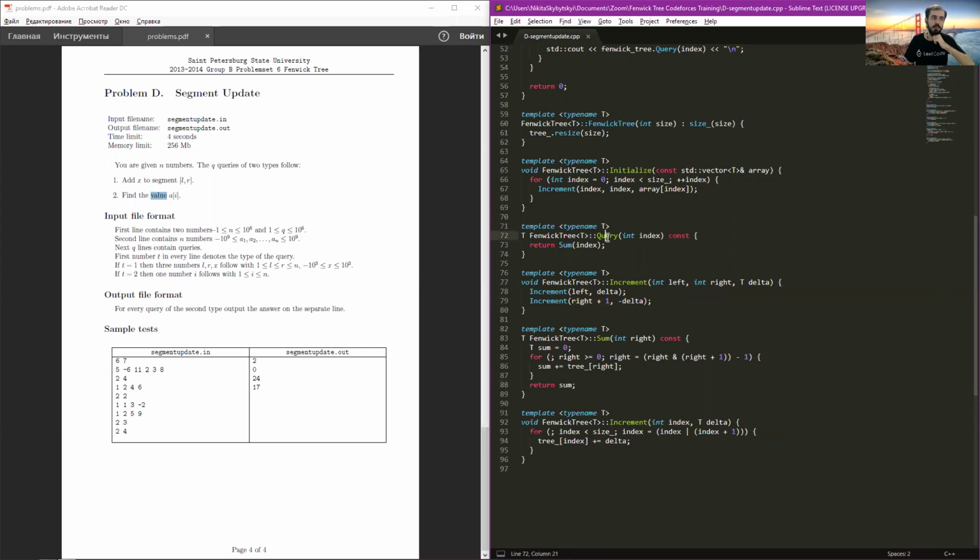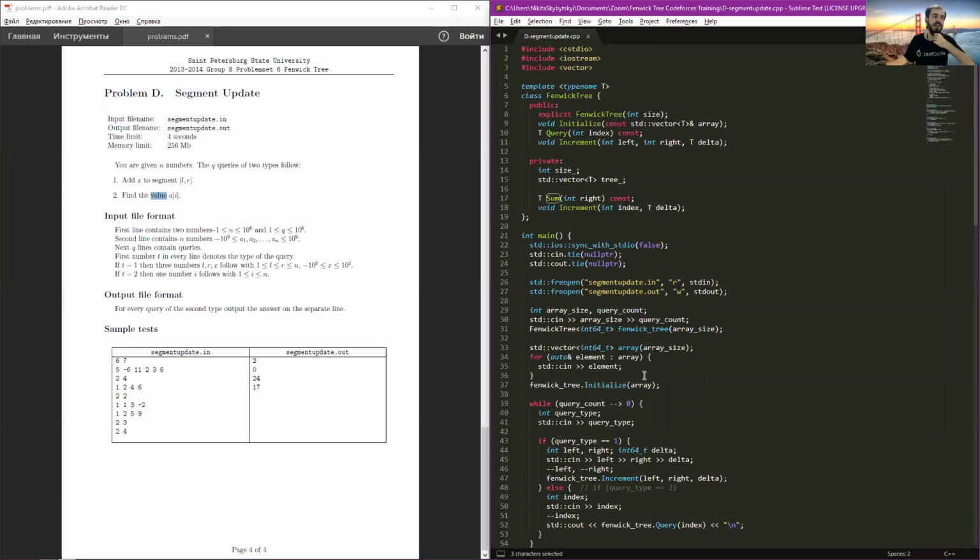Just like that. Query at index simply returns prefix sum. I don't know why, I thought that it was a good idea at the moment. Yeah, so just like that, you have your video lecture on